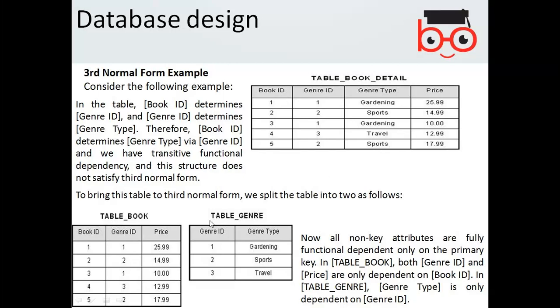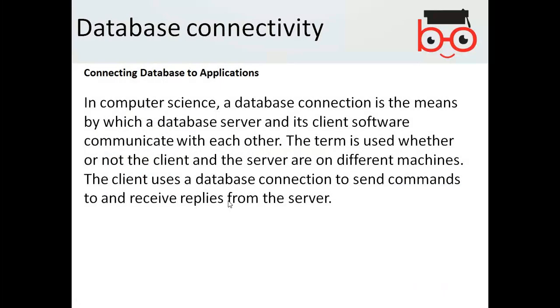So for the third normal form, you should make sure that it is in the second normal form and there shouldn't be any transitive dependency, and hence you can remove this transitive dependency by splitting the transitive columns to be kept separate. So this is about the normal forms. And